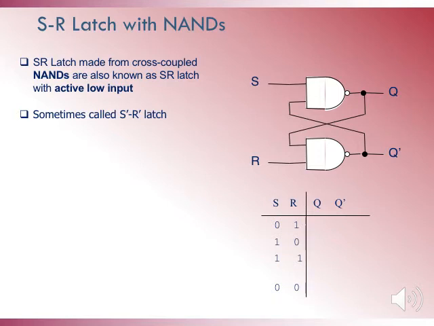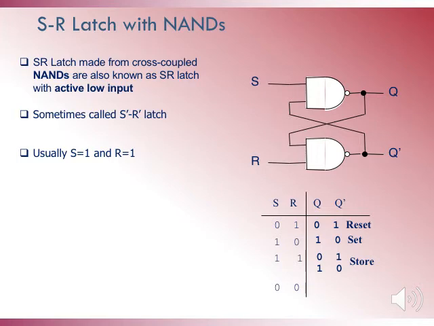For the first input combination, that is 0 1, the output is obtained as 0 1. Since Q is 0, we call it the reset condition. For the second input combination 1 0, the output is obtained as 1 0. Since Q is high, we call it the set condition. For the next input combination, that is 1 1, the output is obtained as either 0 1 or 1 0, which is nothing but the previous stored output, and hence we call it the store condition. Therefore, usually we keep S equals 1 and R equals 1 in the SR latch with NAND gates.